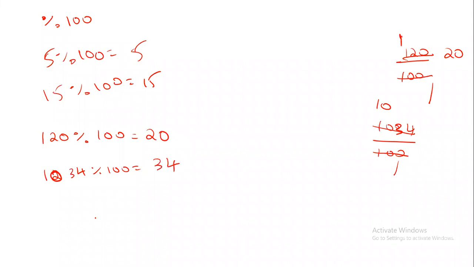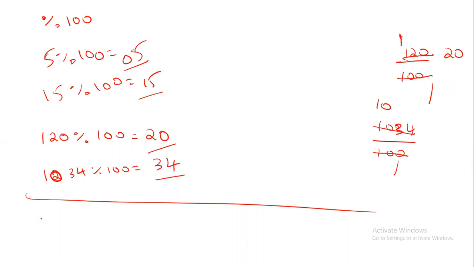Now I want you to understand this thing. When you use modulus 10, you will get the last one digit, right? When you use modulus 100, how many last digits are you getting? You are getting the last two digits. So I'll make a note here: modulus 10 will give me the last one digit, modulus 100 will give me the last two digits.